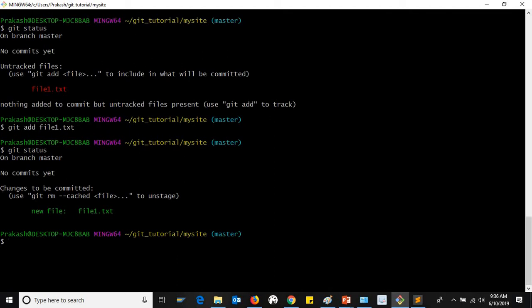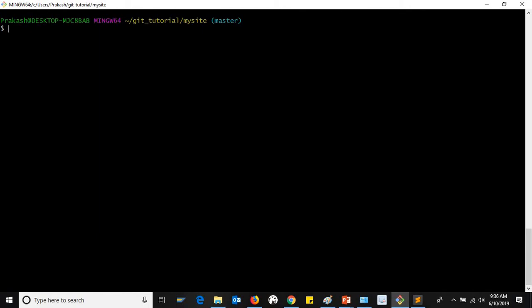So you see the changes to be committed. It is already added to the staging area, that is the index area. So now you can just commit it. That means you can save it in the git repository locally. So in order to add this,